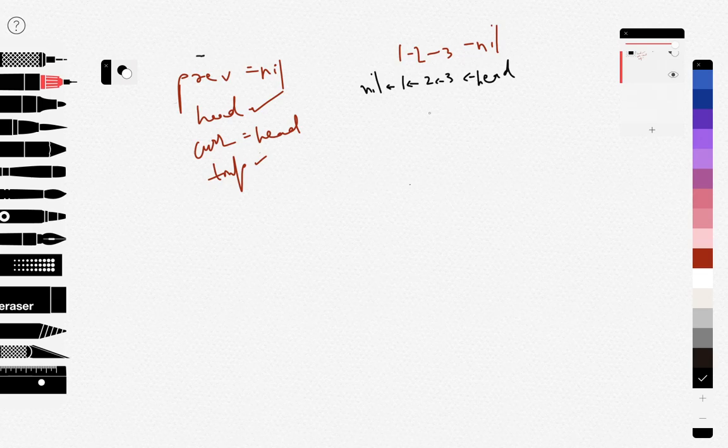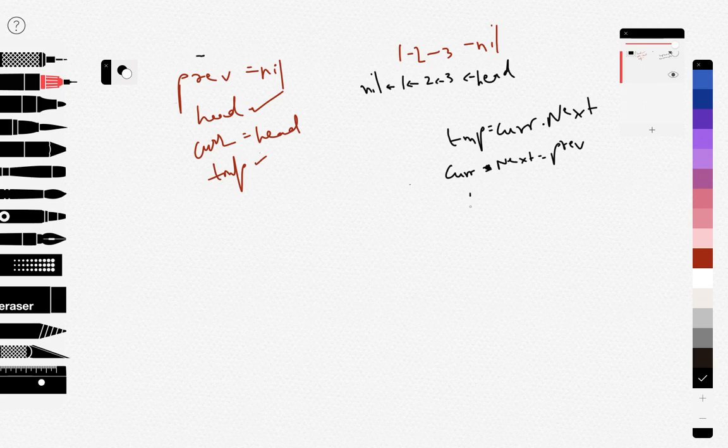So what will happen is that, let's say temp would be equal to current dot next. Why? Because current is going to be modified. What will be the new value of current dot next? It would be equal to the previous value, so this will point to the previous pointer.